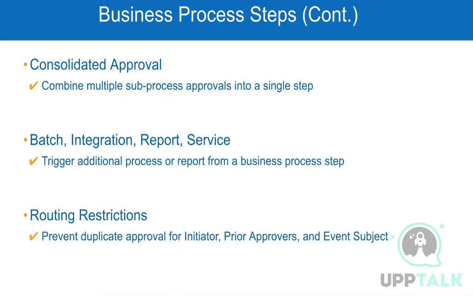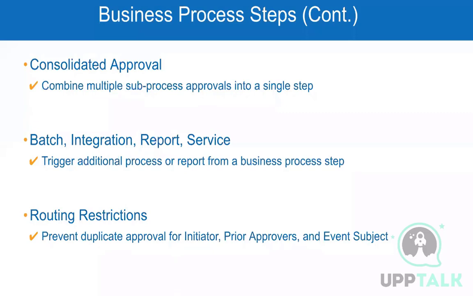Now these routing restrictions, again, something like consolidated approvals, are not much used because there are other ways we can handle things in a better manner, right? Though it says that it prevents duplicate approval for initiator, prior approvers, and even subject. What that means is, for example, using that same example of job requisition,